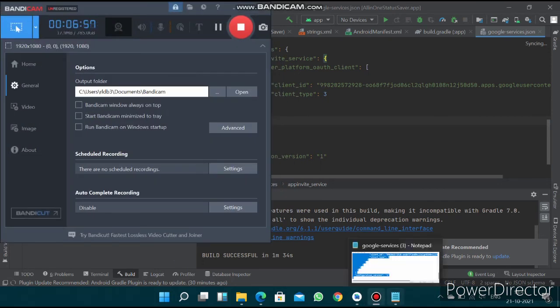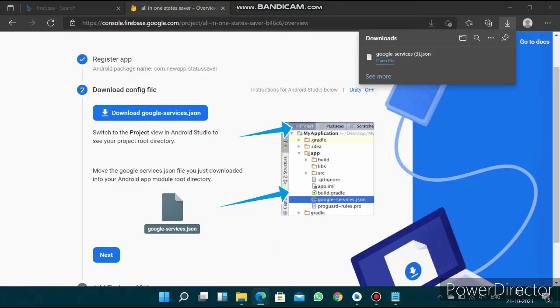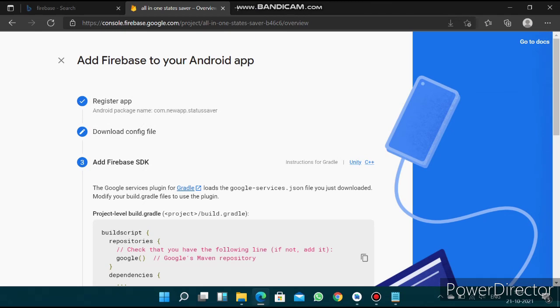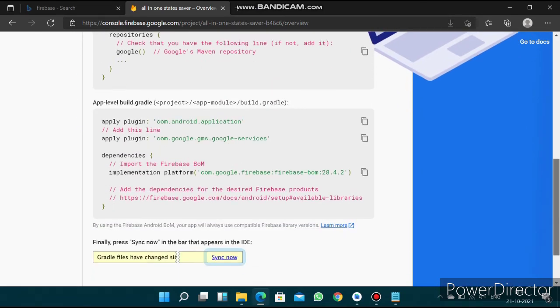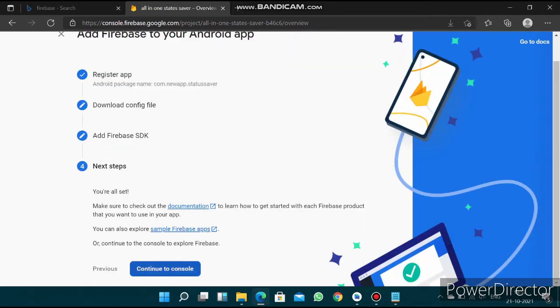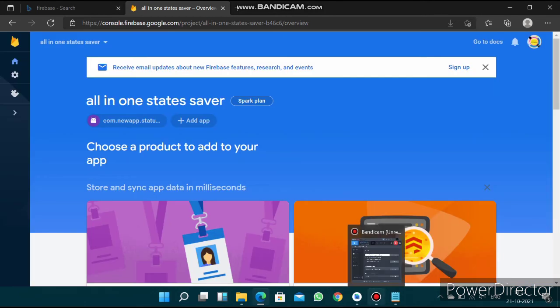And after that open Firebase, click on next, scroll down, click on next, click on continue to console, and now the Firebase part is completed.